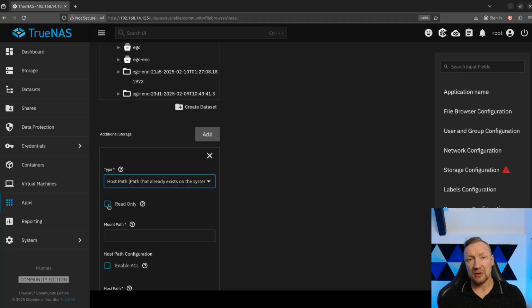Maybe you will need to send a link to allow someone to upload something to your TrueNAS. That makes sense in that case. But if there is something, let's say backups or your files, which you just want to share, it would be better to match read only. But it depends on what you want to do. Mount path. This is the place where it will be mounted in the file browser container. So let's do the name